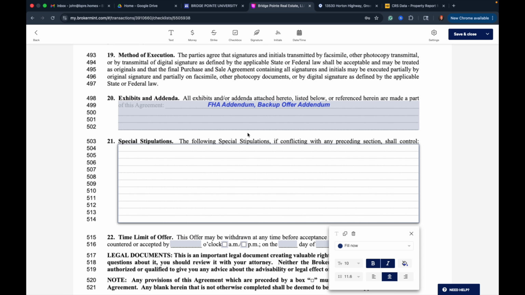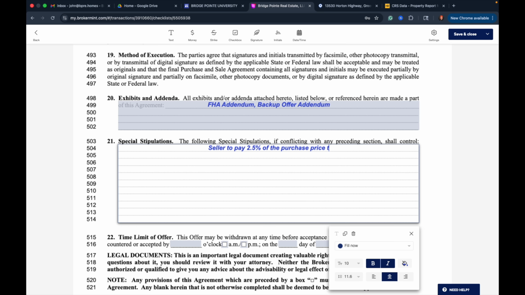And the language I always like to use is seller to pay 2.5% or whatever percentage you want to negotiate on. But seller to pay 2.5% of the purchase price